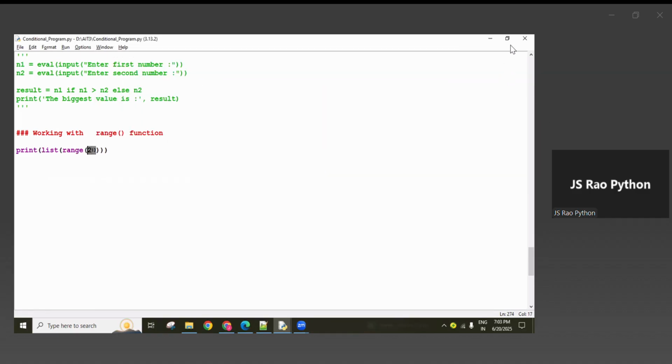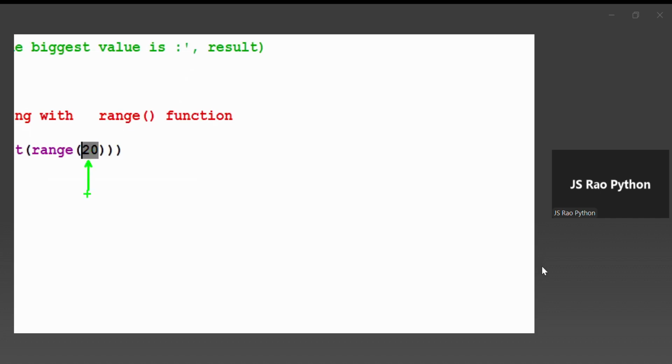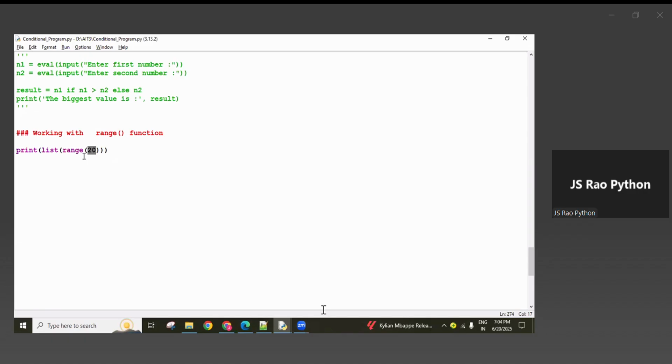So range of 20, if any single value is given, this one is the end value. End value must be a required input for this range function. End value syntax is always n minus 1. N minus 1: 20 minus 1 is 19. So up to 19 values we are getting, guys. From where? From 0 onwards. So by default this function syntax is range of 0, from 0 to 20,